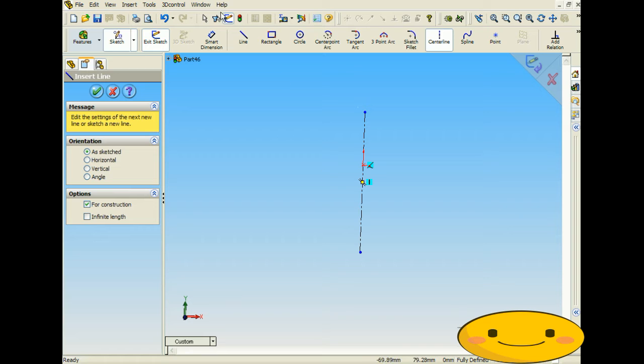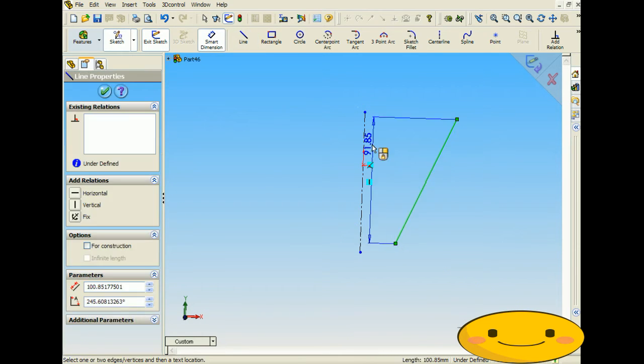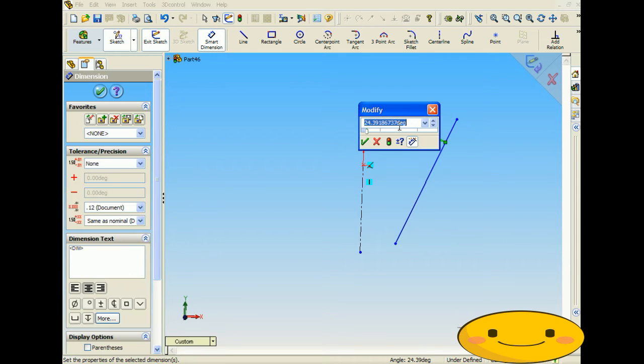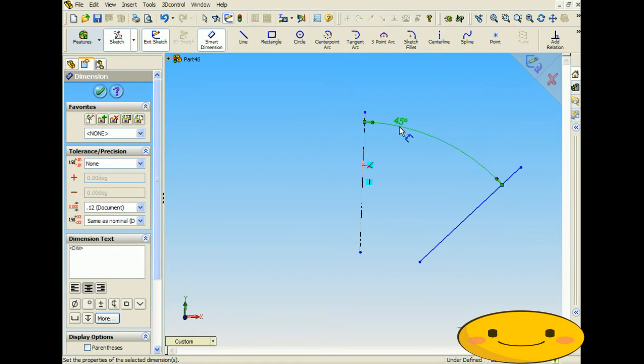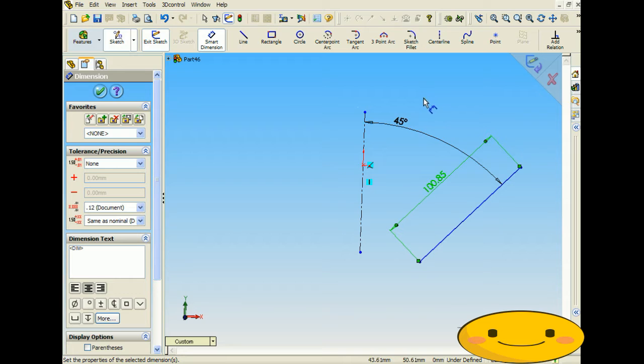So you're able to, say, add another line in here, and with a smart dimension, create an angle between the two, say 45. So this is not going to ever show up in a feature, but this will be used in a feature. That's the reason why you'd want to throw in a center line. It can also be a center line in whatever you may have. If you have a circle that you're drawing, you can throw it in as a center line too. But pretty much a center line is just a construction line that you can put in there,